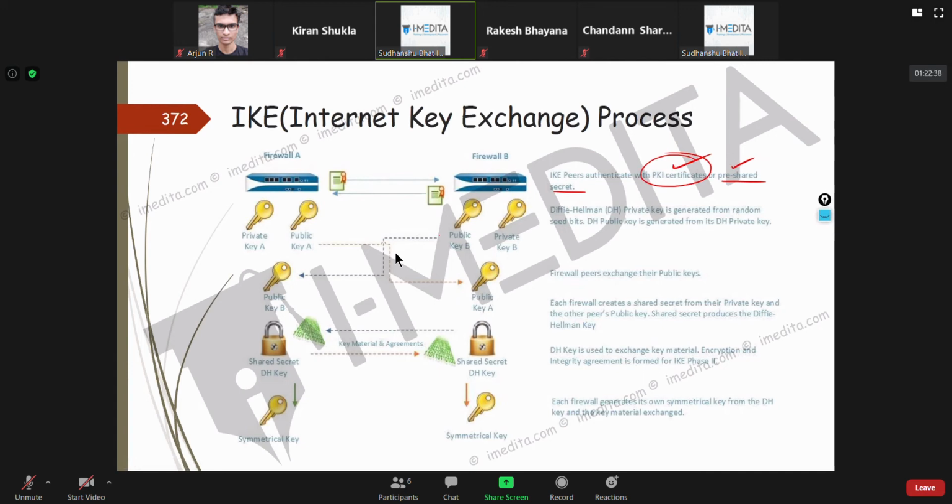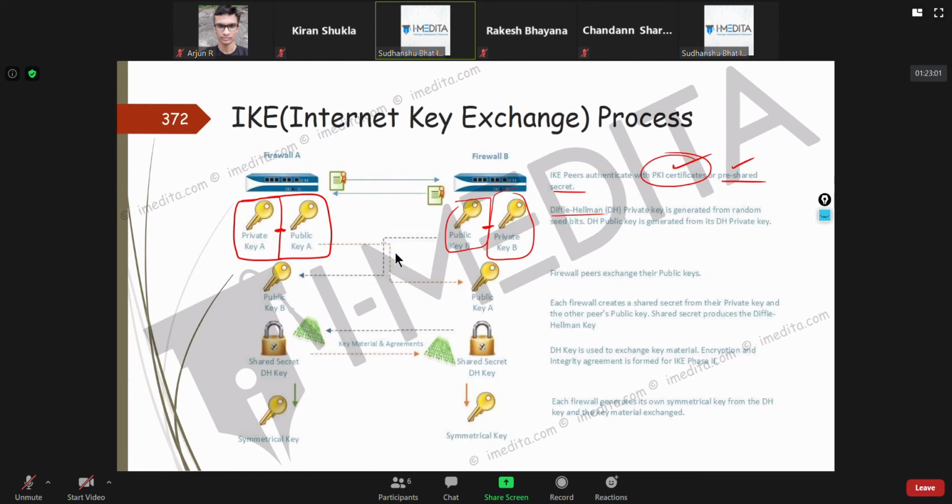Now, once they have that, they use Diffie-Hellman, and Diffie-Hellman generates a public key and private key, a key pair for firewall B, and similarly a private key and public key pair is generated for firewall A.